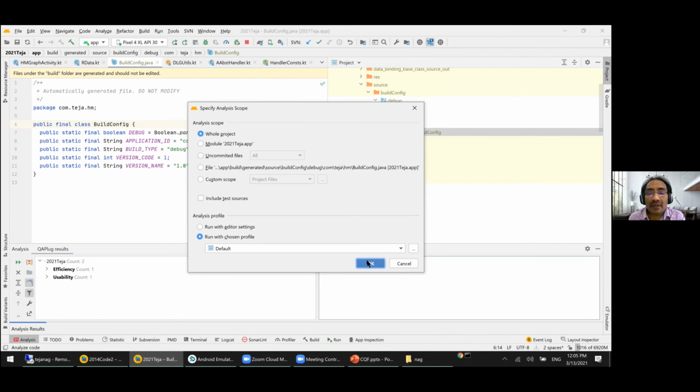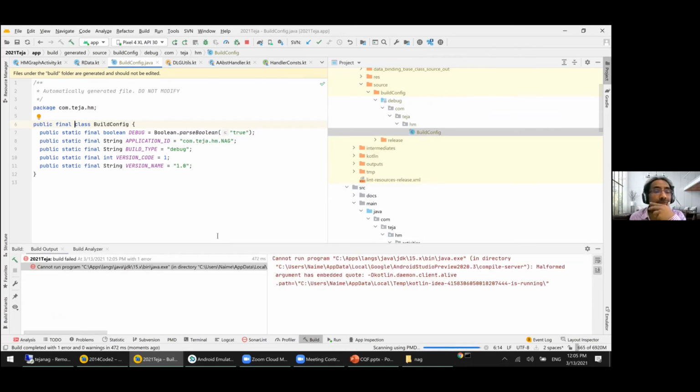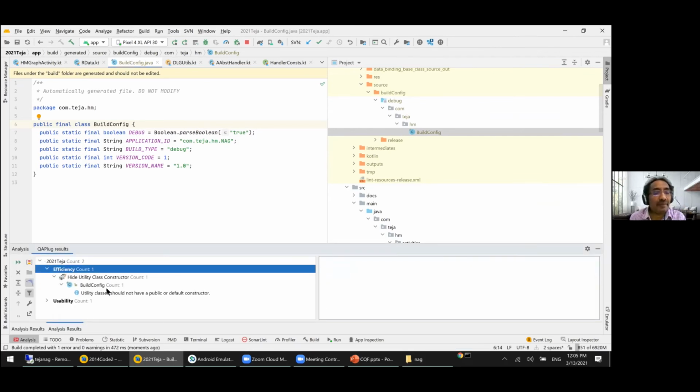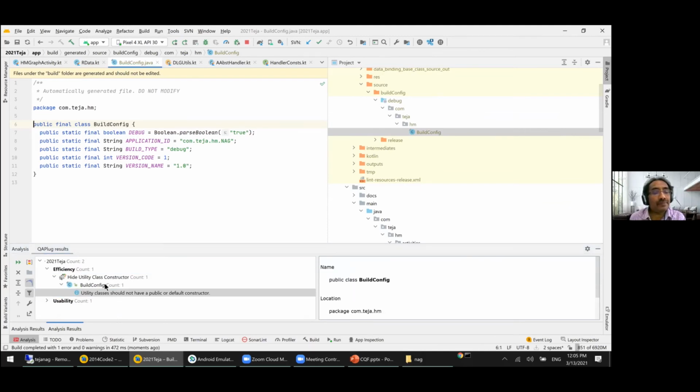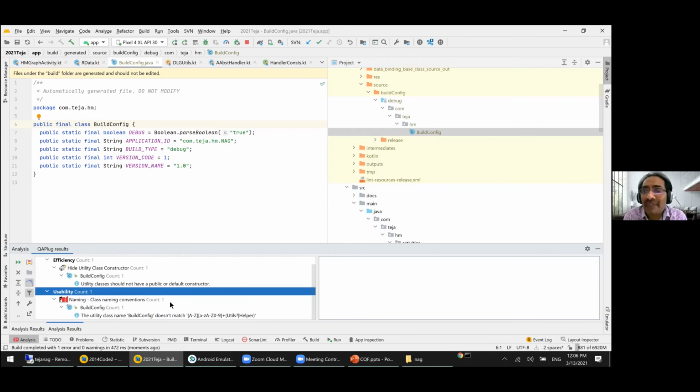This is like a QA plug output. There are two. Again, I think this is again build config. So one of the beauties after refactoring was, once we made it into small Java classes, we were using Kotlin conversion, and everything became Kotlin now.